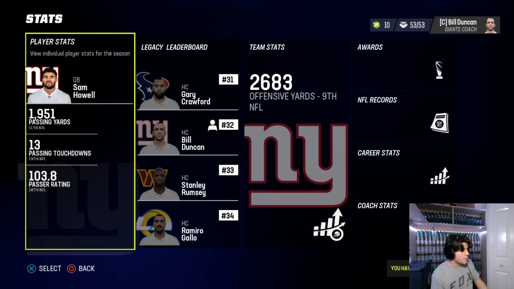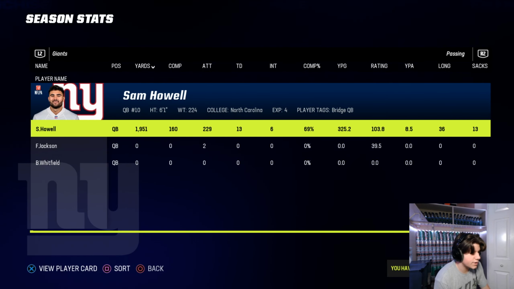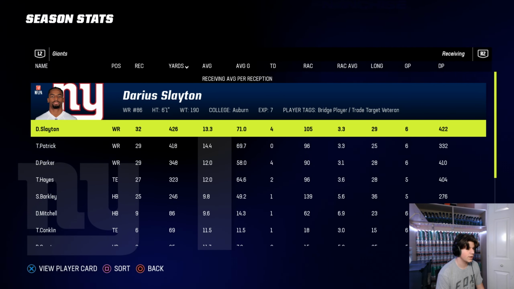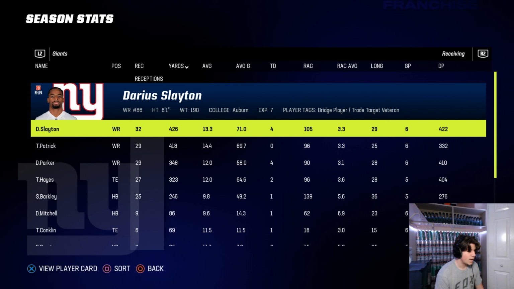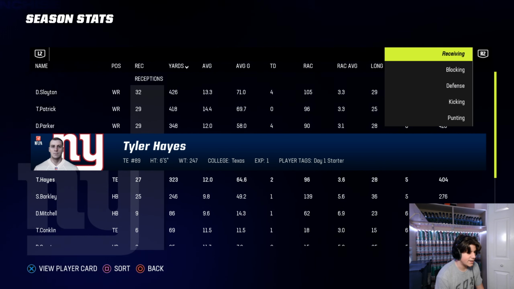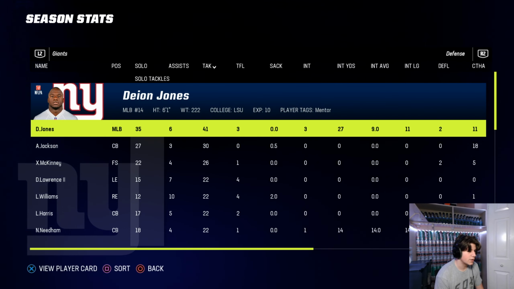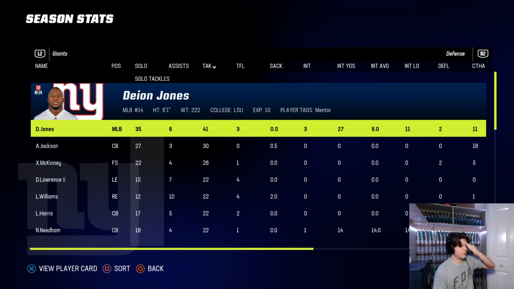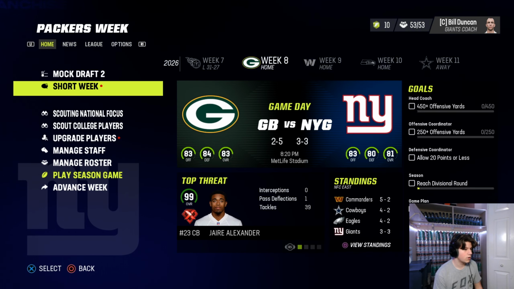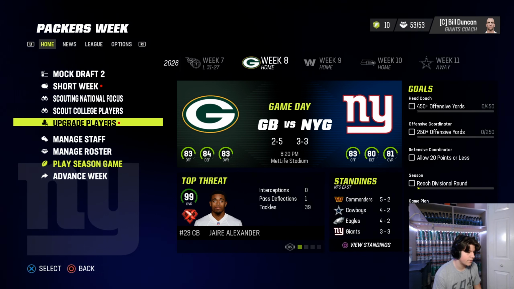Yeah, I mean, Sam Howell's not playing a bad season at all. See how many interceptions he has. He got 6. Not bad. Saquon averaging 5 per carry. That's what you like to see. Darius Slayton, leading receiver. Tim Patrick not far off. Devontae Parker here. Tyler Hayes. Yeah, so interesting. Deion Jones is on this team. I missed that. But got a lot to look forward to here as a New York Giant, along with a very strong run game